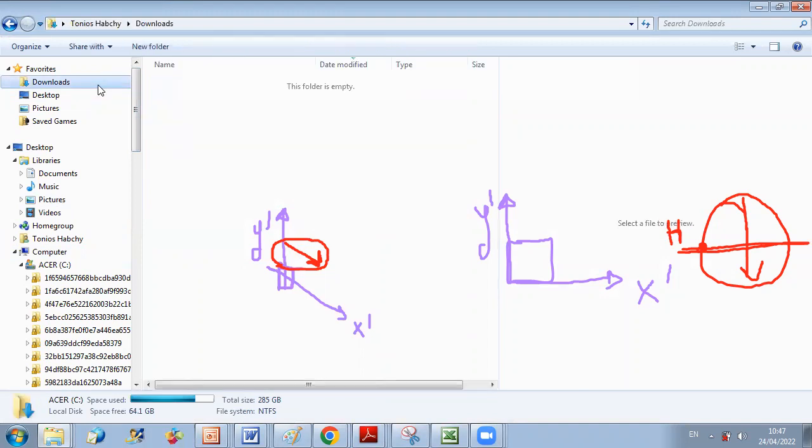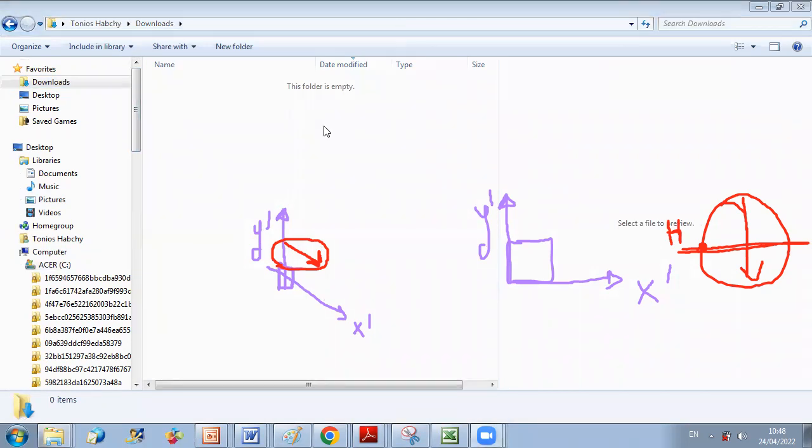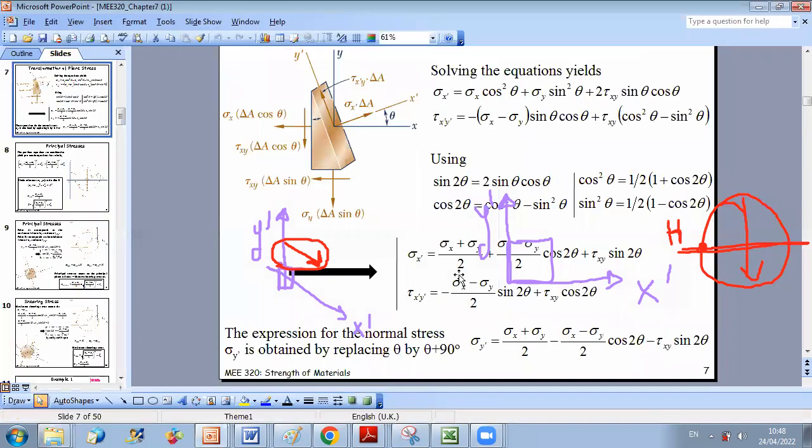So this chapter is a combination of several chapters. In chapter 3, we have seen the effect of torsion on creating shear stresses. In chapter 4, we have seen the effect of bending moment in creating normal stress. And in chapter 6, we have seen the effect of the value of shear: whenever we have a shear force, how it results in a distribution of shear stress. So whenever you have a problem combining